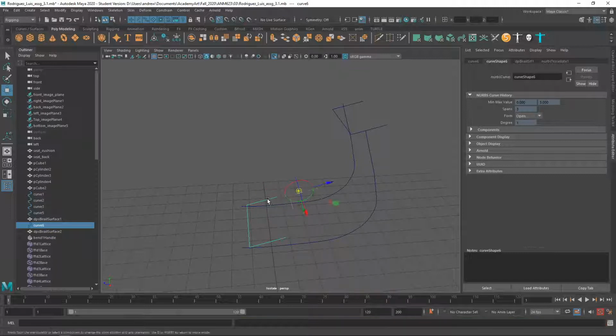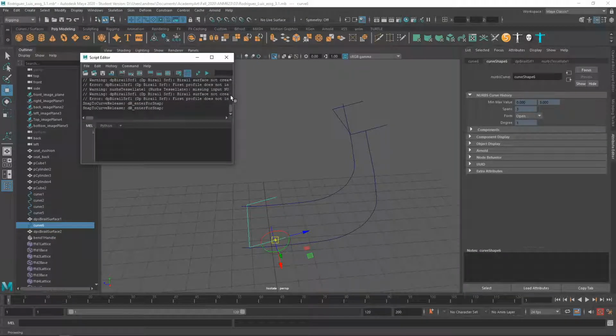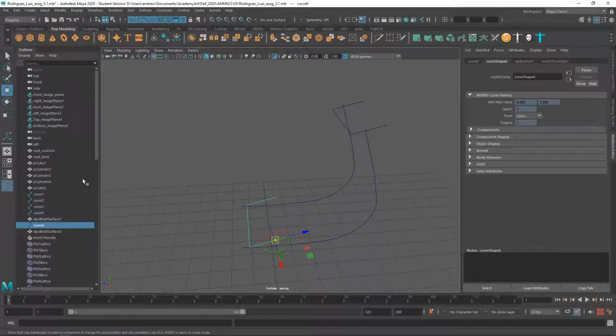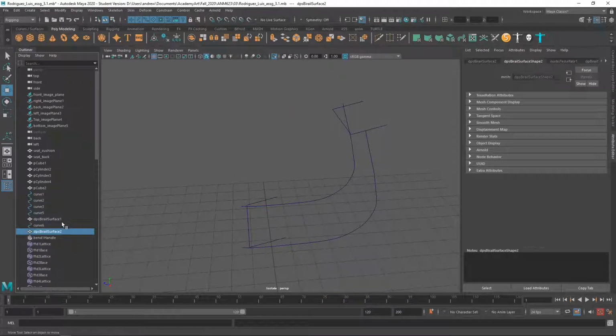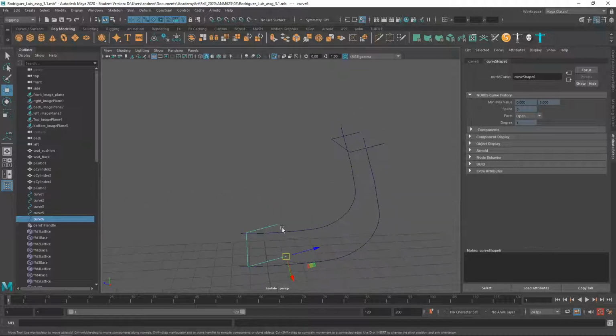Whoops, why is that jumping off? What is that saying? Error. Oh, it's trying to process a bi-rail. Okay, because you have that. I'm just going to get rid of these because those aren't working anyways and it's kind of messing this up. Okay, there we go. So then hit D to get out of pivot move mode, and then to put this at